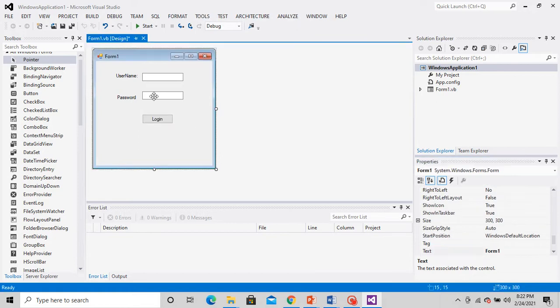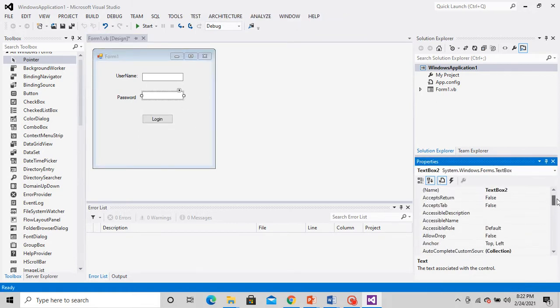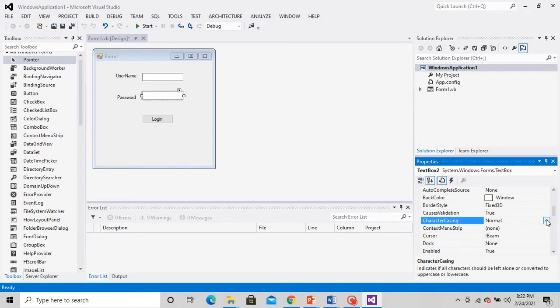For password, one second. Okay, it's okay, students. So do whatever I have said, just do like that, and then